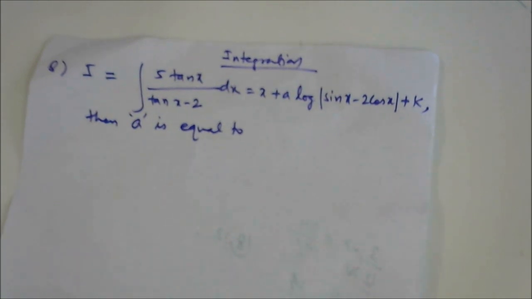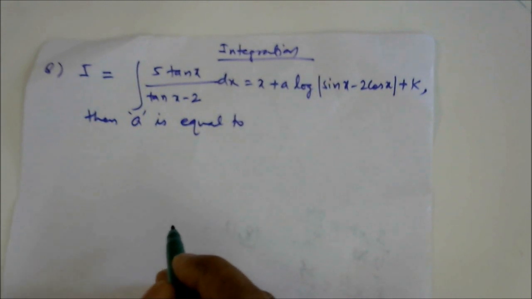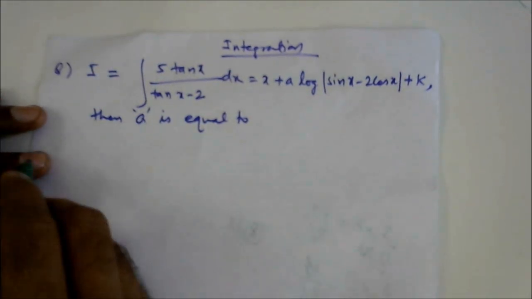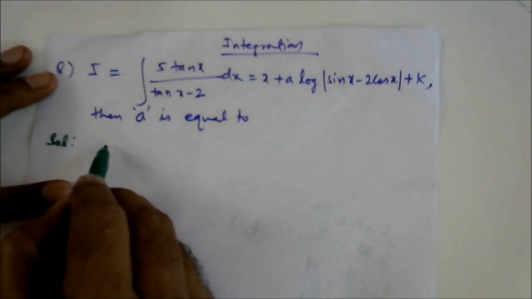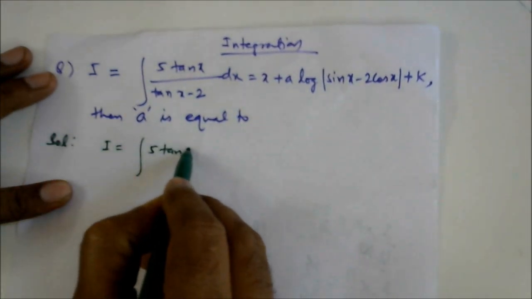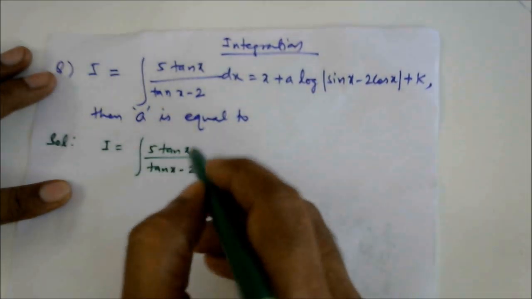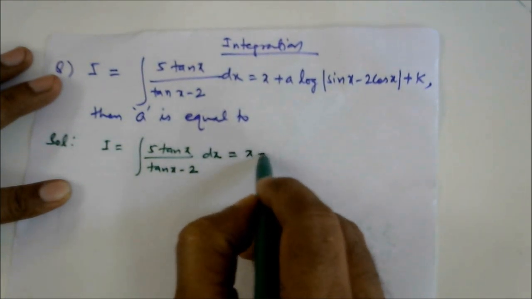Okay, so let us solve this integration question. Right. So we are given the integration I is equal to the integral of 5 tan x by tan x minus 2 dx, which is equal to x plus a log of sin x minus 2 cos x plus k,